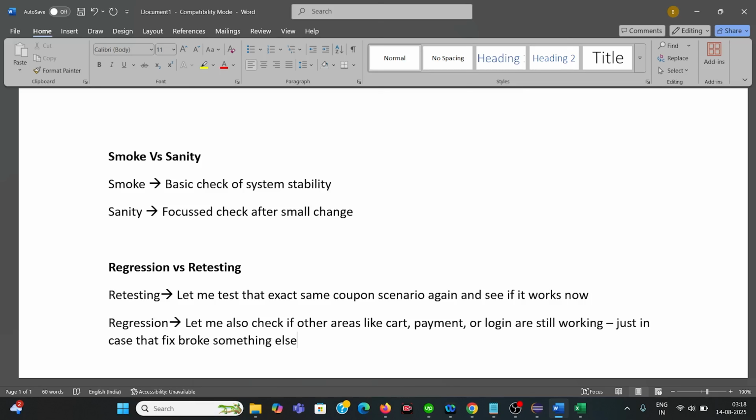Simply we can say retesting is like rerunning the same test that failed earlier after the issue is fixed. It checks, did the bug really get fixed? So it focuses only on the bug. And regression testing is testing the unchanged parts of the software to make sure the new changes didn't break anything else. So it's broad, it covers more areas.